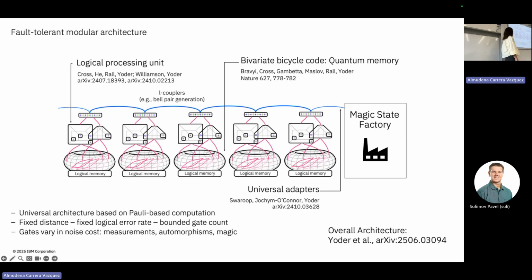Then in fault tolerance computing, you have Pauli-based operations, which are Pauli measurements, and that is how you implement your operations. To make it universal, you need the magic, which is a T-gate. So how do you apply a T-gate, which you cannot do just with Pauli measurements? For that, we have what is called a magic state factory. This is just a part of the chip, physical qubits that create a magic state. A magic state is something you can use to implement a T-gate. It's basically 0 plus something with a phase, 1. And you can use that state to implement a T-gate.